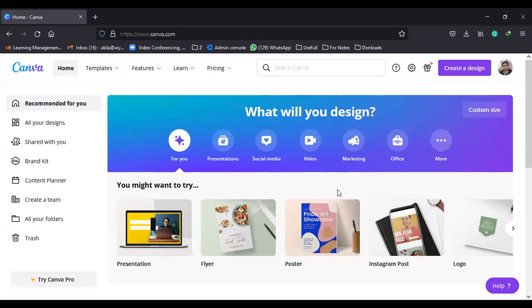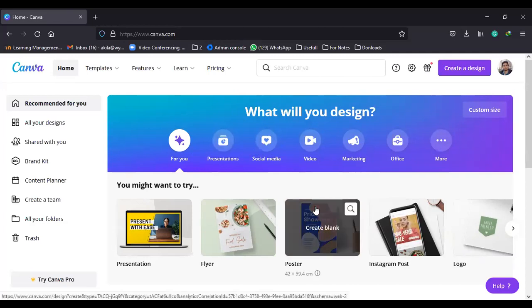You can use this to create a banner, poster, flyer, cover page, invitation, right? We can create any artwork or graphic using the website. Okay, we're going to discuss how you can do that. Again, you can create presentations, social media events, videos. So all the features are there. We'll discuss them one by one.